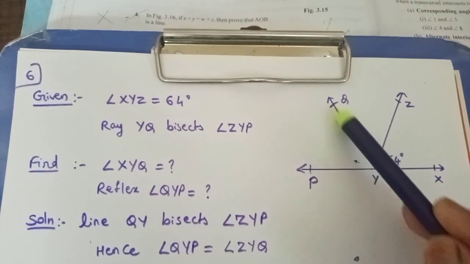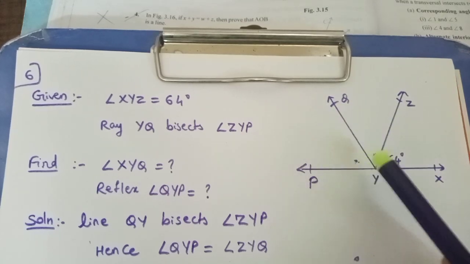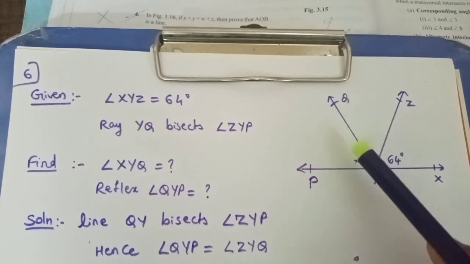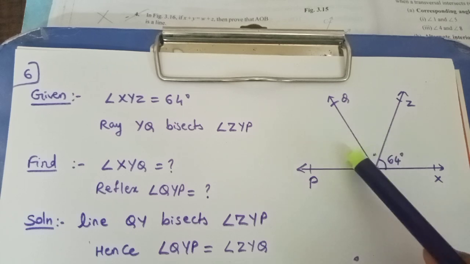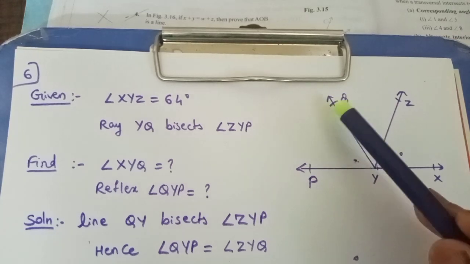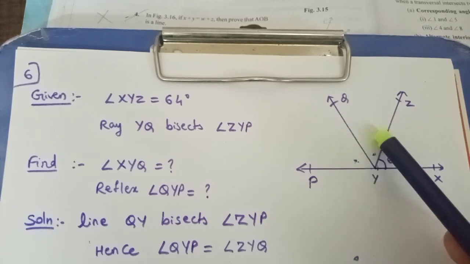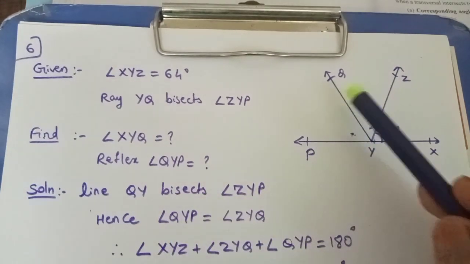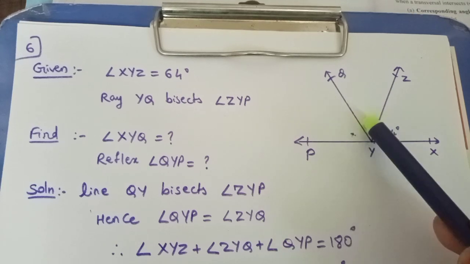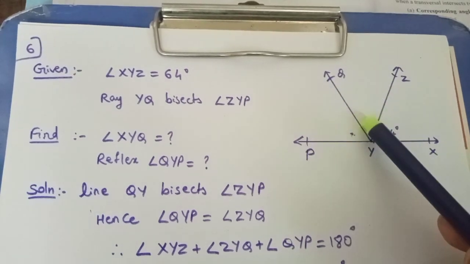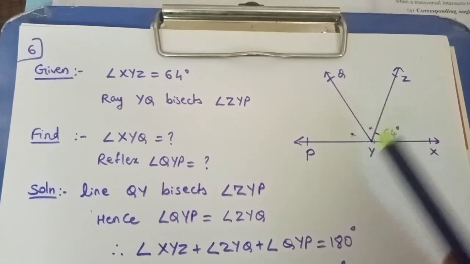ZYP. This YQ is bisecting ZYP. That is the meaning of this YQ is dividing the whole angle into 2 equal parts. Bisecting means QYP is equal to ZYQ. This and this angles are equal. Therefore, angle QYP, this angle, is equal to angle ZYQ. So these two angles are equal. Now,